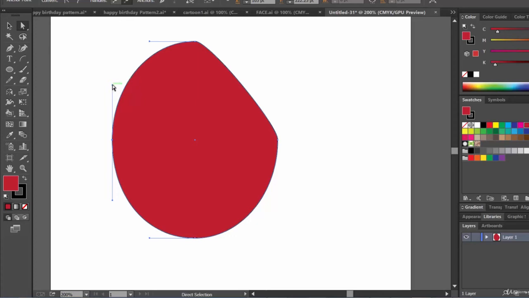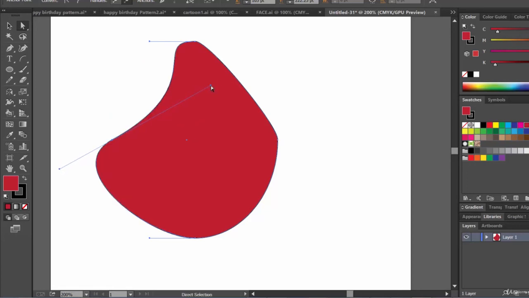Again, let's try and understand. Using the direct selection tool, let's select this anchor point and try to play with this anchor handle. See what is happening. These anchor handles control the curvature of the path.